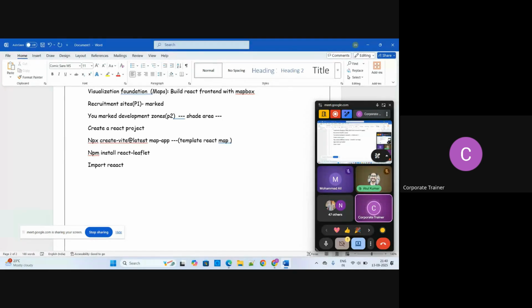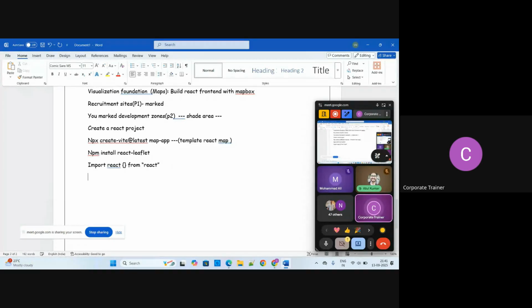Nothing hardcore development. Import React and whatever things you have, simply you can define. I am not having those things, so that's why I'm not writing them. I'm giving you the structure.